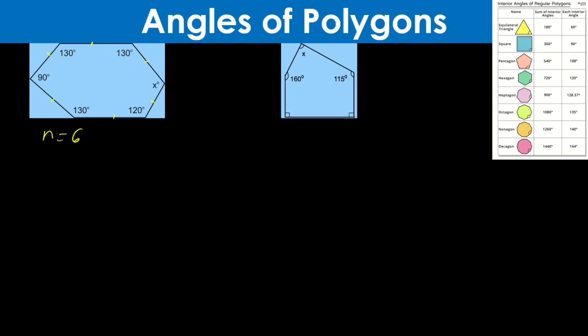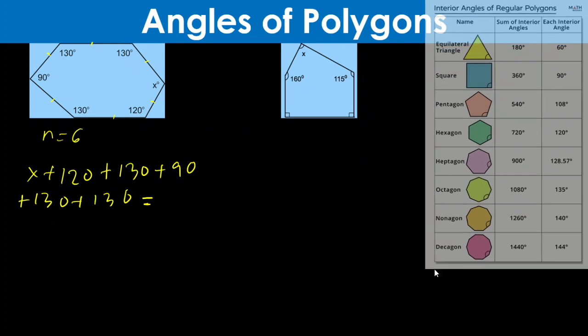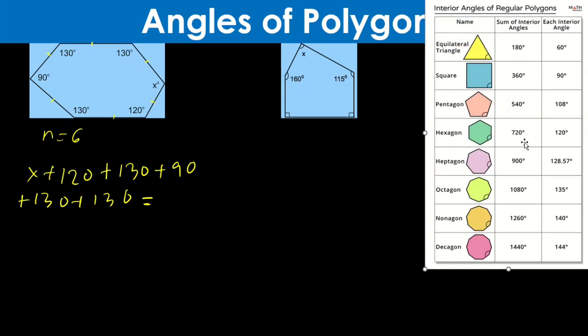Let's start from x. X plus 120 plus 130 plus 90. Okay, we'll continue here. Plus 130 plus 130. Now, we know that the sum of interior angles of a hexagon, based from our previous result, is 720. Now, let's add up all the angles here inside. That gives us x plus 600